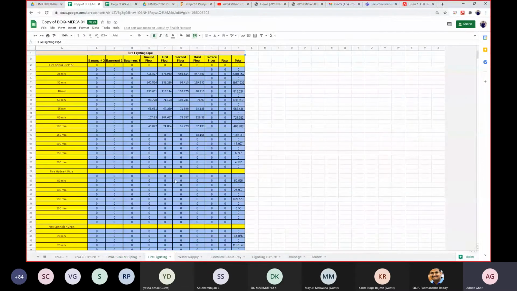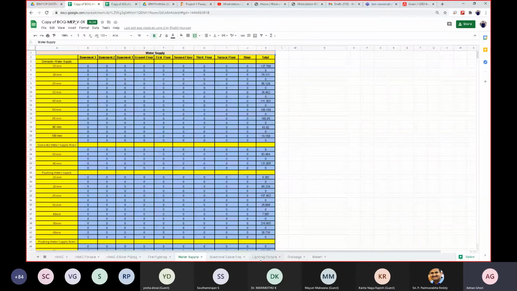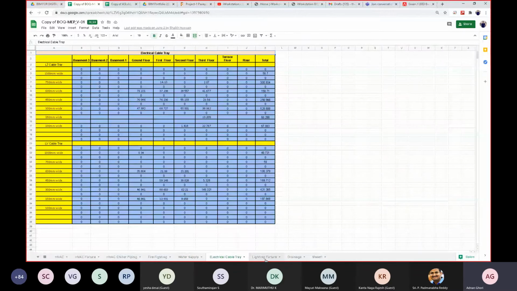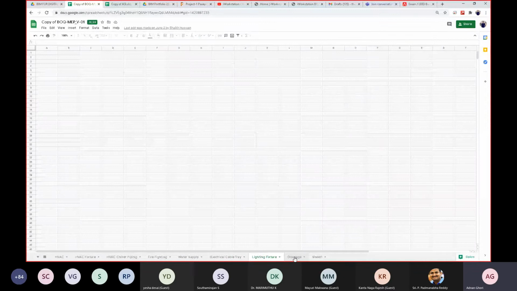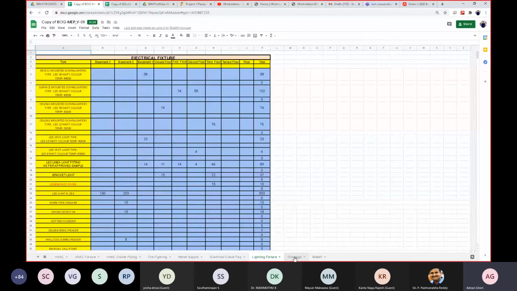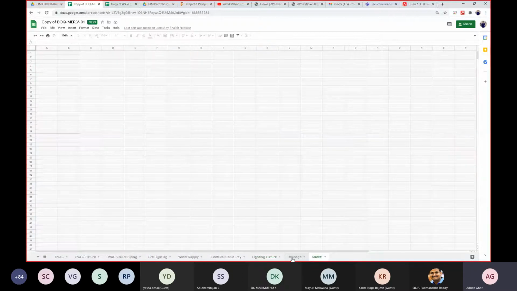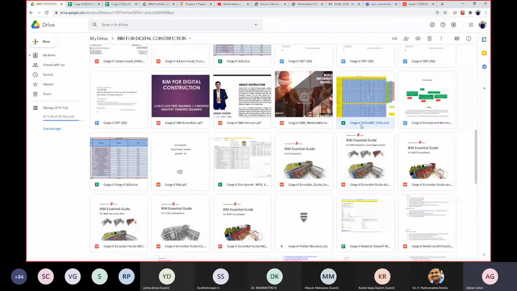Firefighting, you have water supply, electrical cable trays or conduits, any lighting fixtures if you have used inside the project, their name and their number. Basically, how many of these will be used. Then parallelly, you can type the cost as well. So that is how the quantity is being accepted.